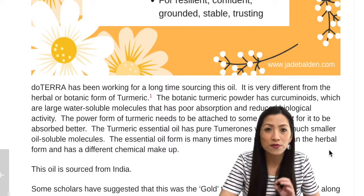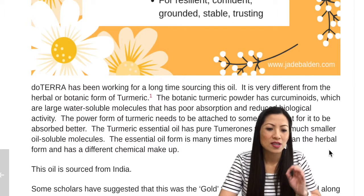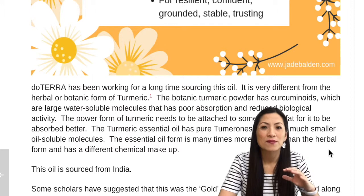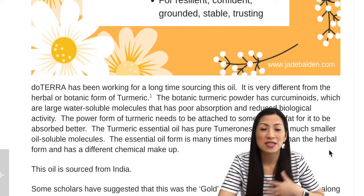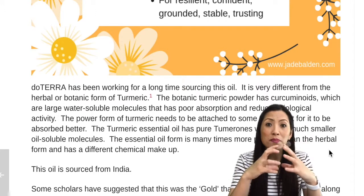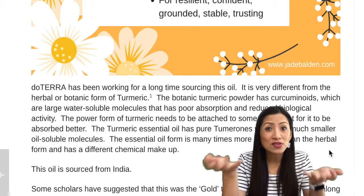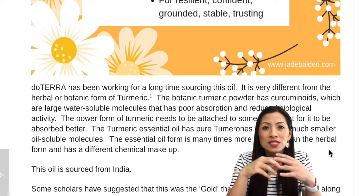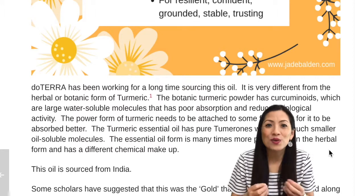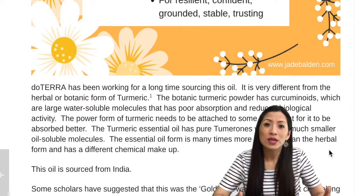The essential oil version of turmeric has a chemical called neurons, okay? And neurons is fantastic for the mind, and turmeric is fantastic for your physical health in general, just cleansing and stuff. So it's much smaller in molecular size, and it's oil soluble because your cell membrane is made of fat. If it can go through the fat membranes, it will go into the cells and do the job that it needs to do, right? Because we always teach people that healthy cells make healthy tissues, make healthy organs, make a healthy you. If we can't get down into the itty bitty cellular level,